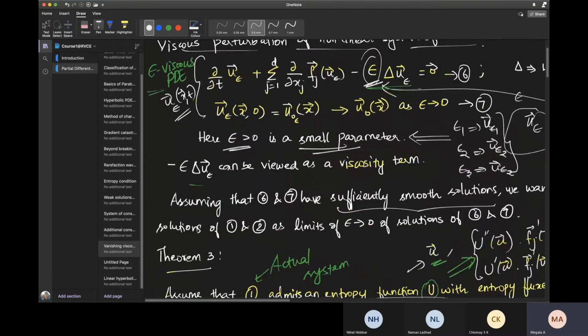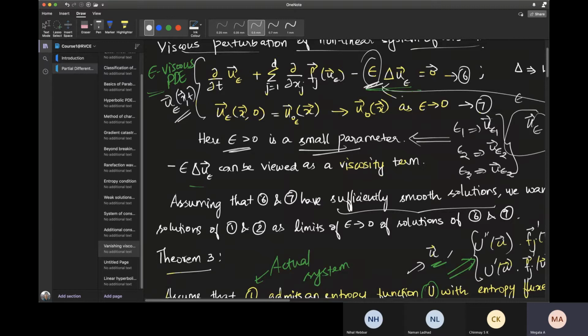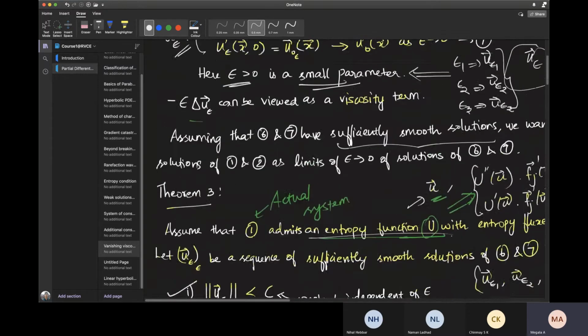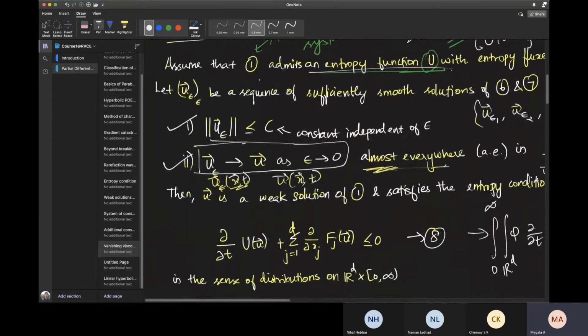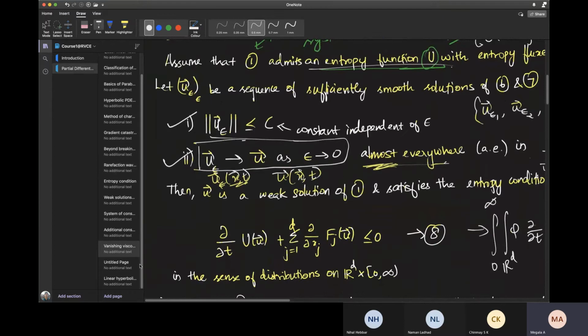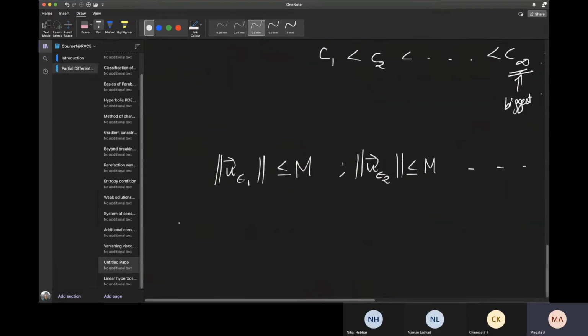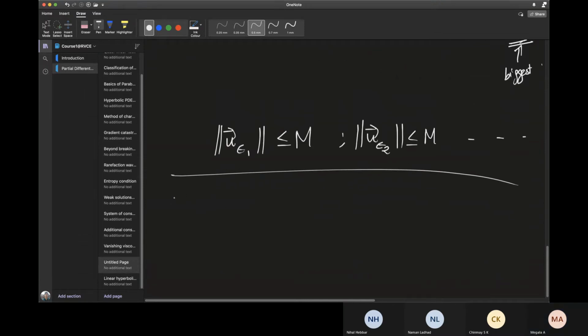That is, we told for each of the epsilons will have a different system of PDEs. So this system will then approach, if epsilon approaches 0, your system of PDEs. Let's consider again. Let me just call epsilon 1, epsilon 2, epsilon 3, and so on in the decreasing order. That is, epsilon 1 is greater than epsilon 2, and all of these are greater than 0.